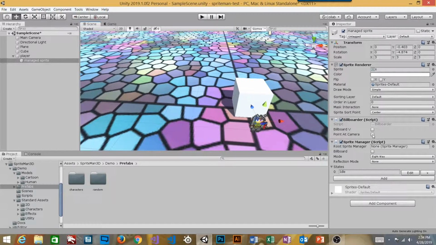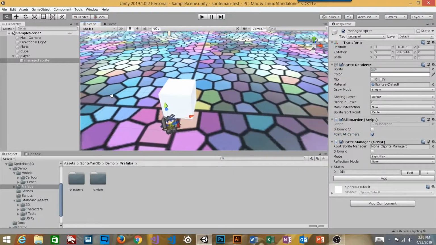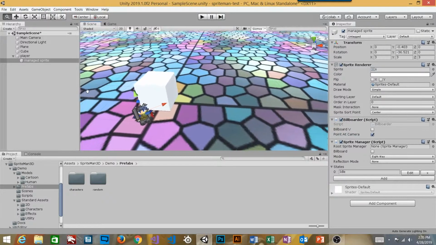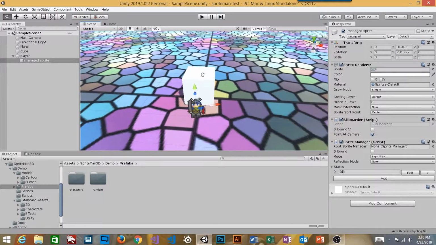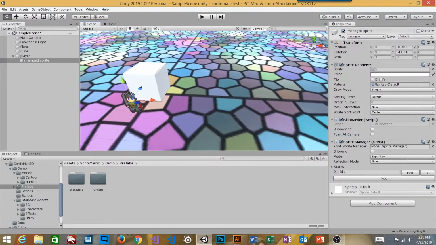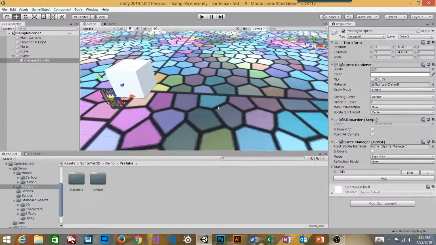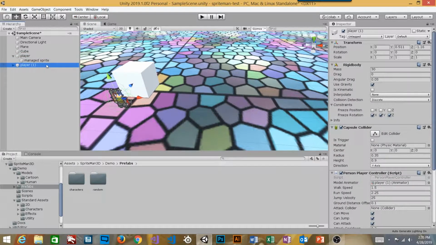And then when you have point to camera turned on, it also rotates the sprite to point directly towards the camera, which looks kind of okay, but it also looks like he's sliding around a bit as you change your perspective. So maybe you like that, maybe you don't. When you turn that off, that's generally why the characters look like they are billboarded pointing towards the viewing plane of the camera. That way, when we have a bunch of these around,